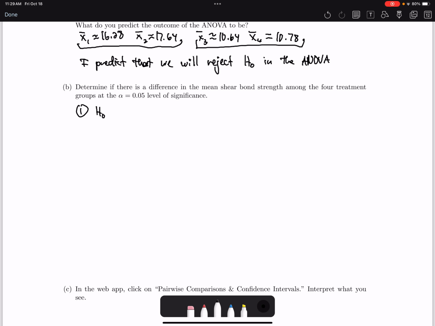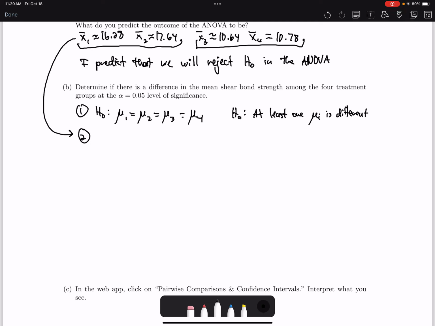The null hypothesis in an ANOVA is that the means are the same for all of the groups that you're comparing. We're comparing 4 groups. The alternative is that at least one mean is different. Okay, step 2 is to collect the sample evidence, which we've already done, right? So that's done for us. Step 3 is to get the p-value. We'll go to